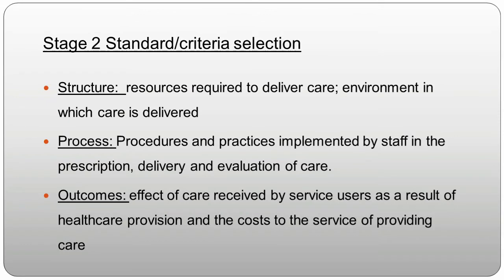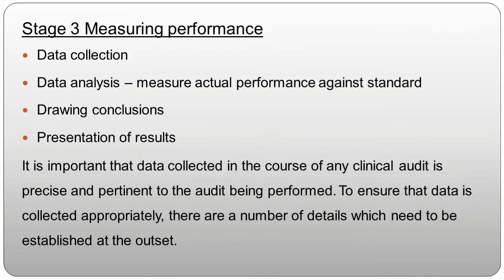So stage 2 is completely based on the criteria. Still, for new viewers, I will take a bit of this. Structure criteria refers to what is needed in the audit process, and process criteria includes what is done, I mean the actions and decisions taken by the healthcare professionals together with the users. And outcome criteria refers to what is expected to happen as a result.